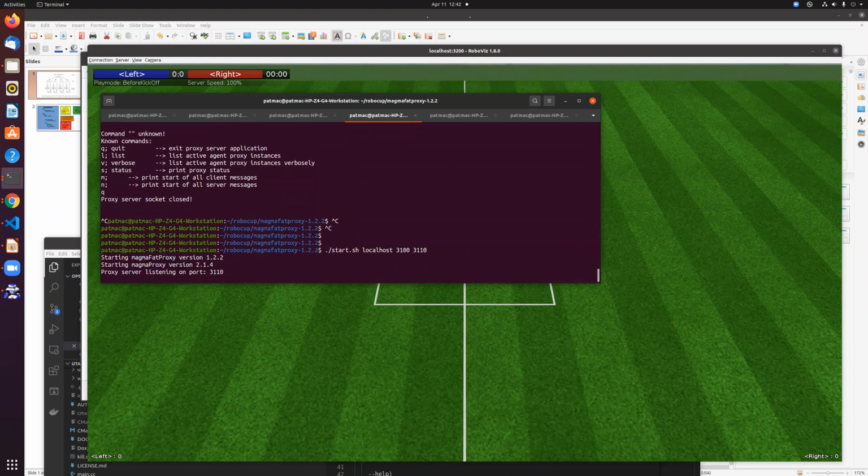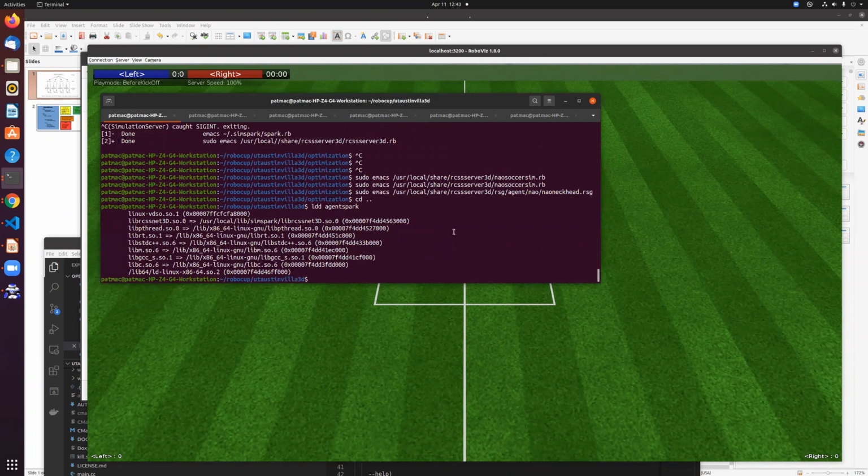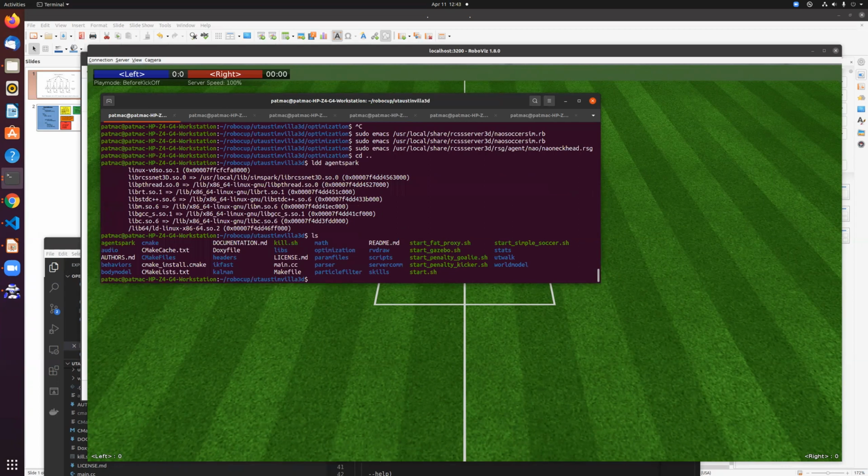What the proxy does is you specify a new port for your agent to communicate on, and the proxy takes the messages from the agent and translates them into its own commands to control your agent, then sends them directly to the normal server port 3100. But if we now do start fat proxy,